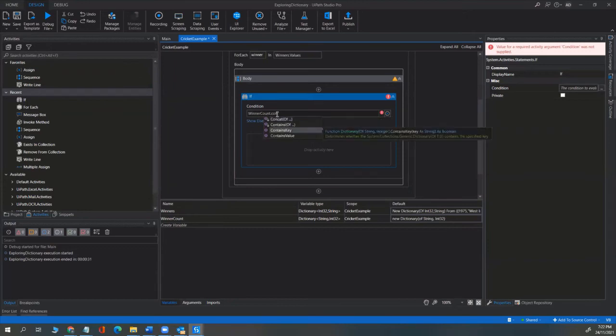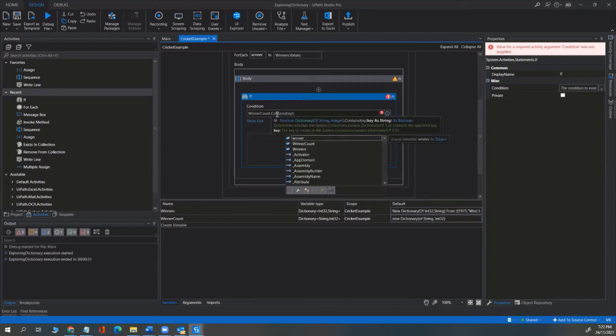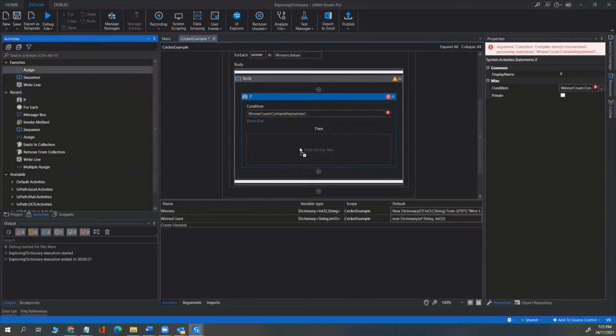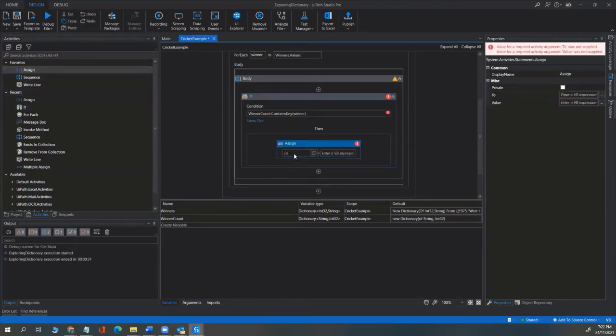If the winner count contains the key of winner, if there is a winner, then I'll be assigning it something. So the winner count of winner, which is the country, right? So the winner count